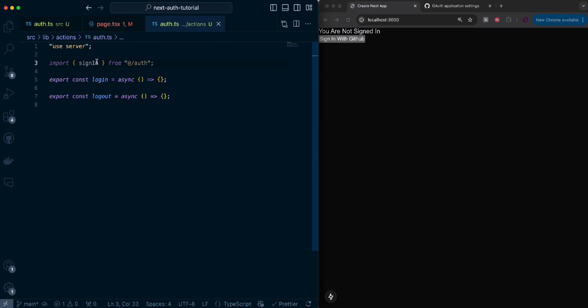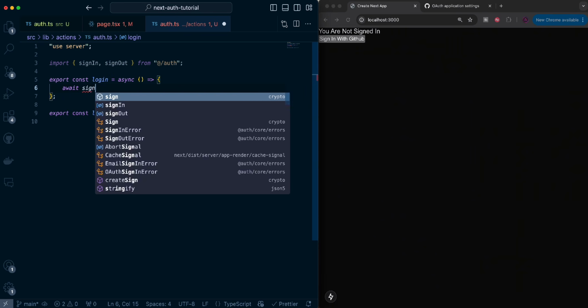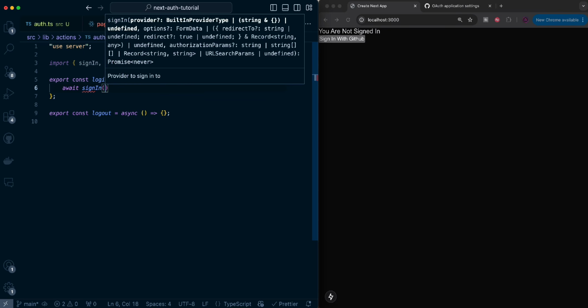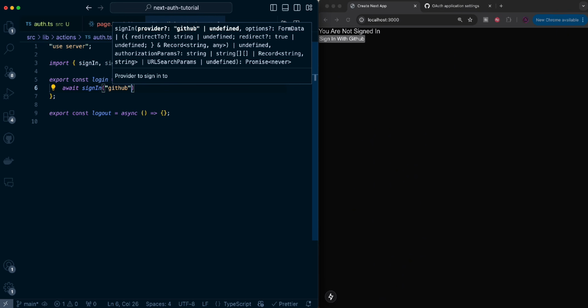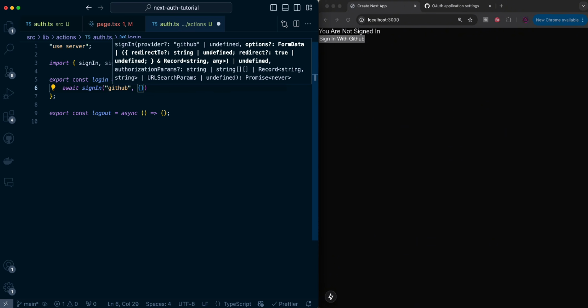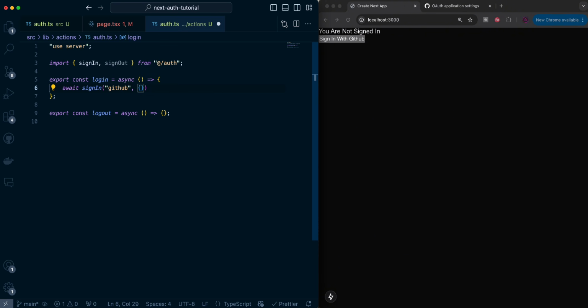So we'll paste this over here. We'll also have the sign out. And inside of here, we're going to call the await sign in function, and we'll put the provider as GitHub. We can also pass in a path to redirect to after this is done. So we'll redirect